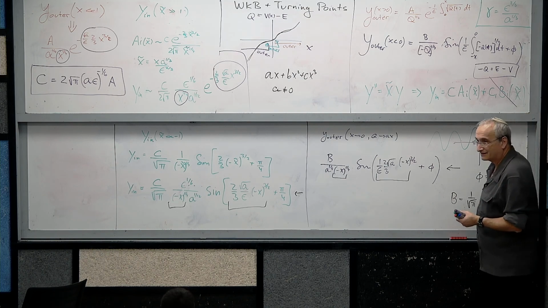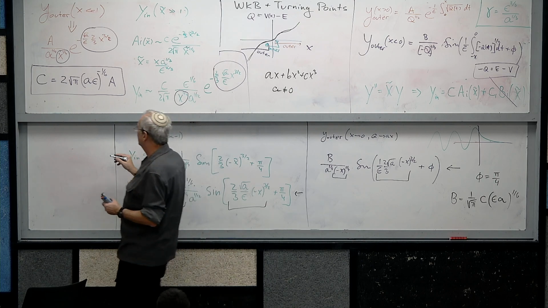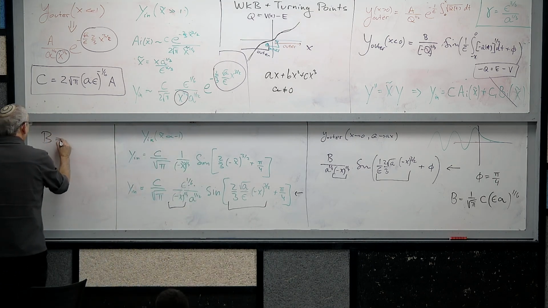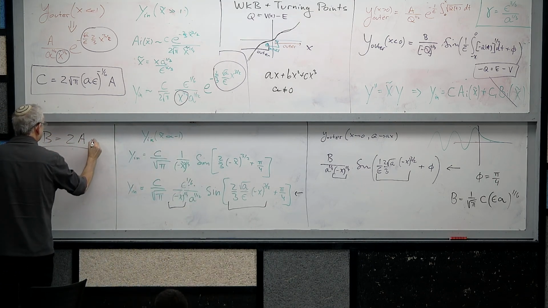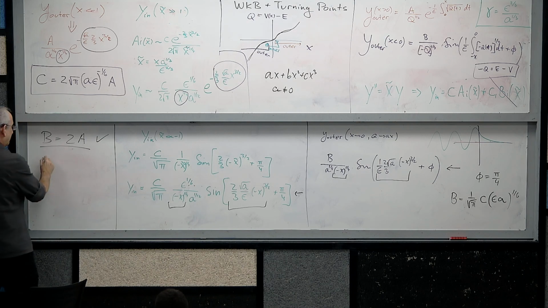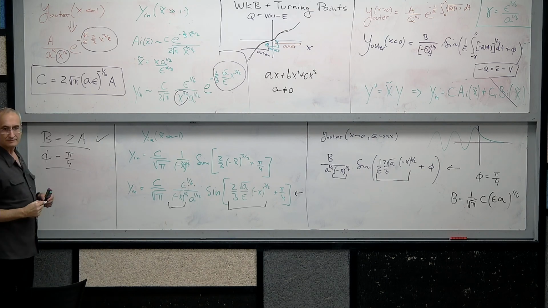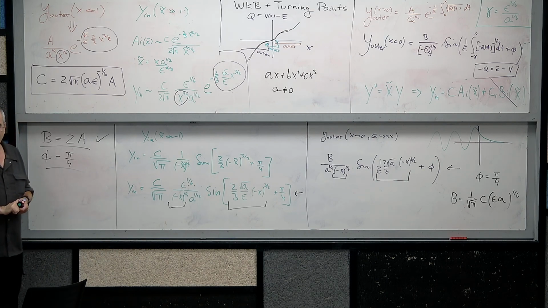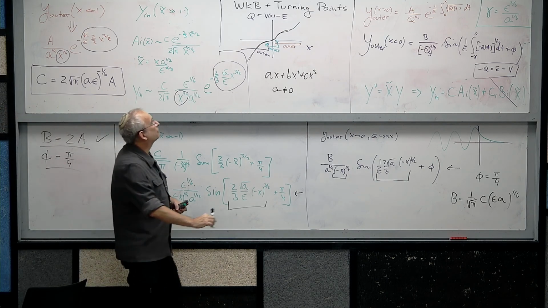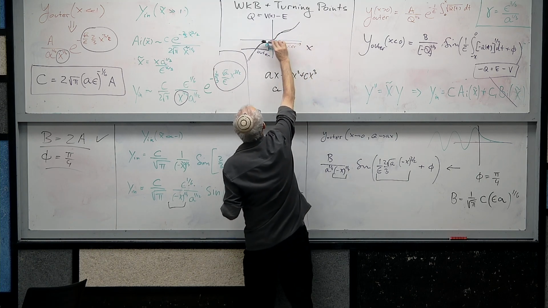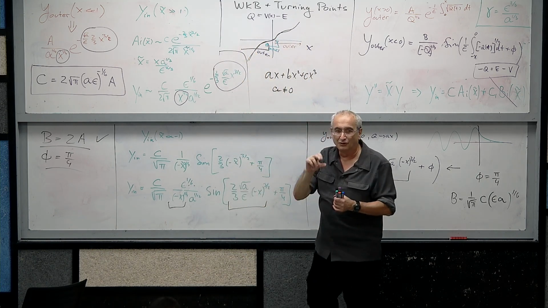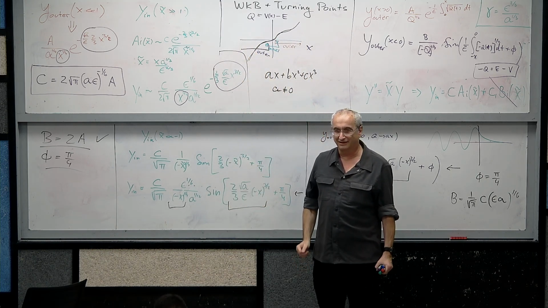2, right? You can find out very easily that B is 2A. And by the way, we have also another constant that has to do with the phi, which is pi over 4. Okay? In that way, the WKB solution crossed the Rubicon between this and that through the region, which is